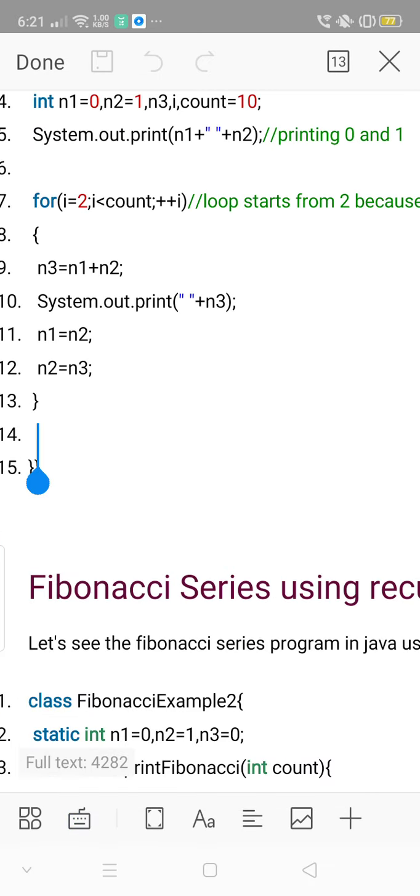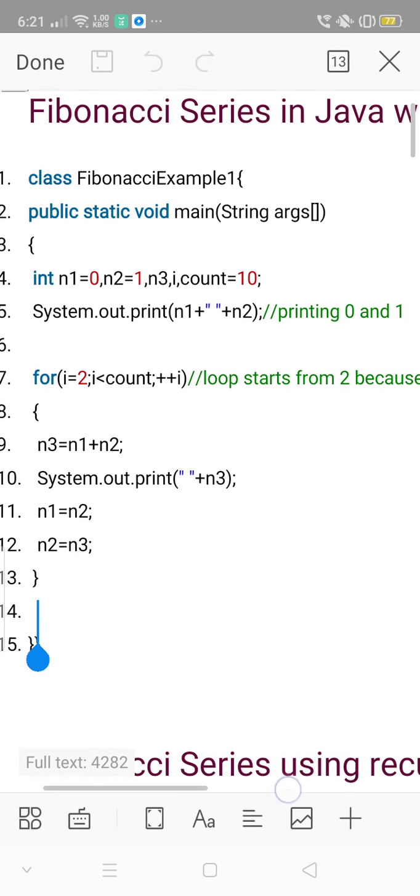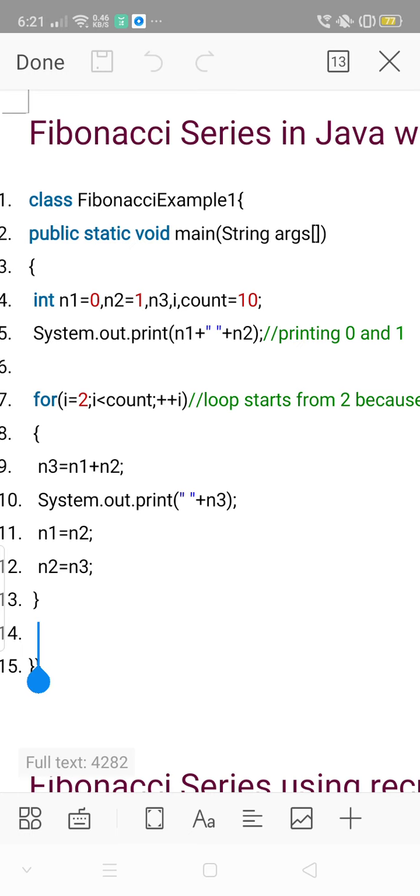Okay, so now when you interchange the numbers with n1 is equal to n2 and n2 is equal to n3, and then the opened braces are closed. Here the next brace is the closing of the for loop, and then the next two closing braces are for the static void main, and the next one is the class open brace.